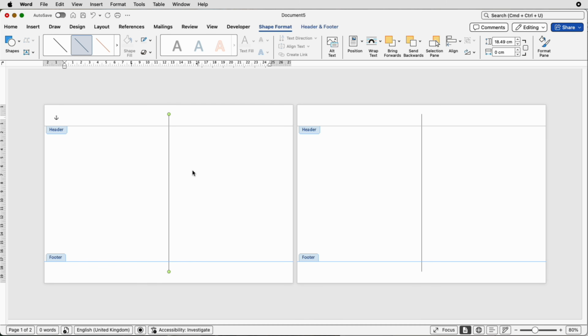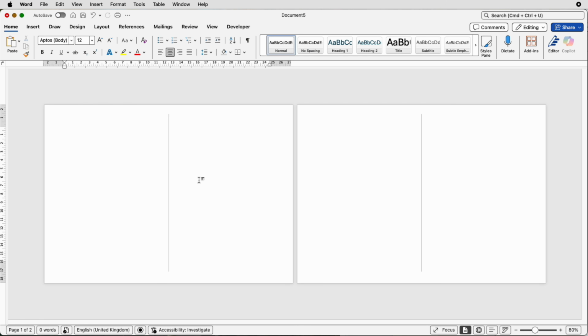Double click in the middle of your page. We've come out of the headers and footers, but you can see this line now I can't move, I can't select it, and it's a great way to identify the center of your page so that we can put in our designs around it. So this page here will be the front and back, and these 2 pages will be